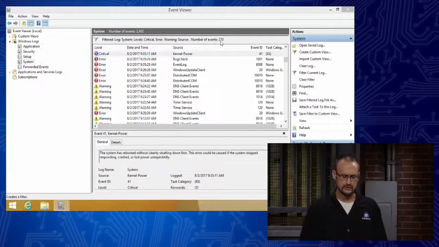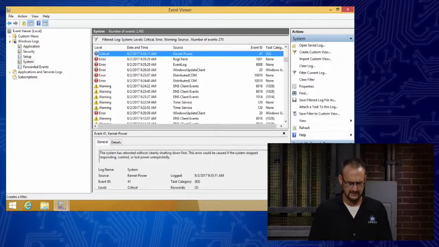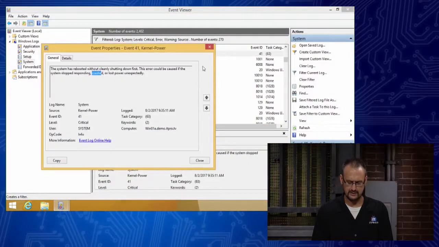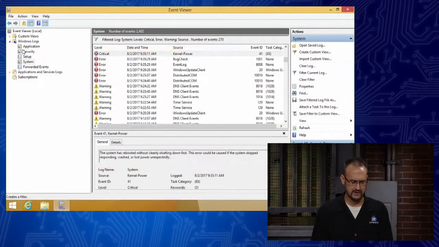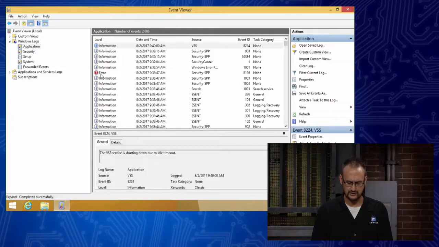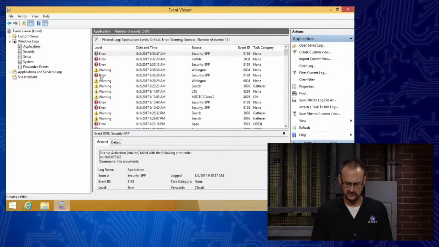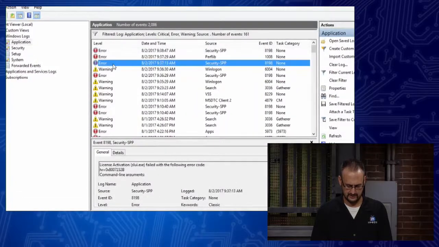Now, I believe, because this was an application that caused the problem, we should be able to see this, if I remember right, in Application too. Let me just check. I can't remember off the top of my head if it'll also log one in Application. I'm pretty sure it should. Let's see here.